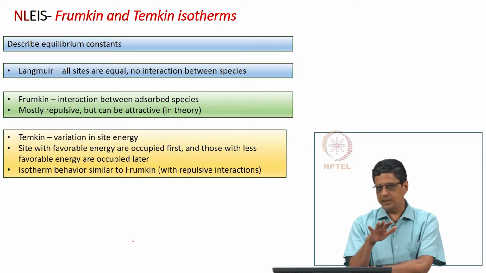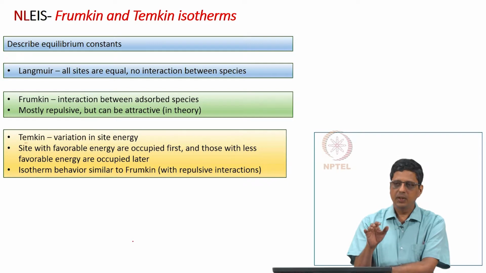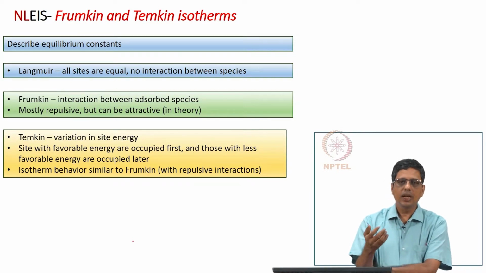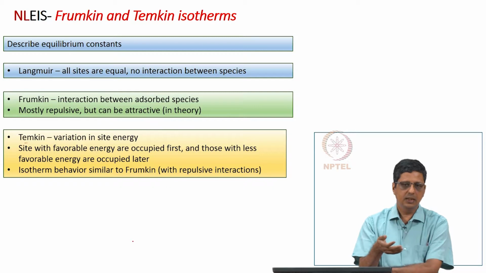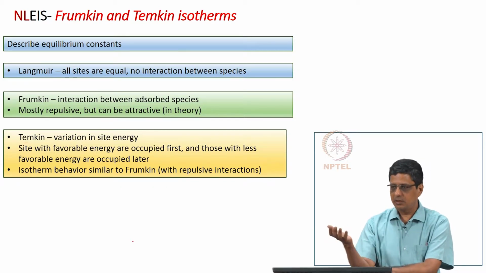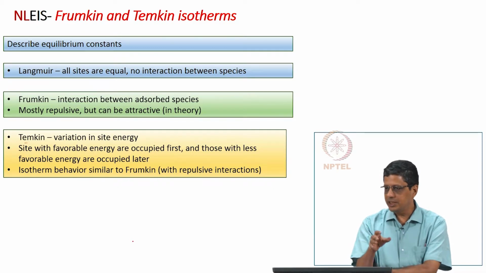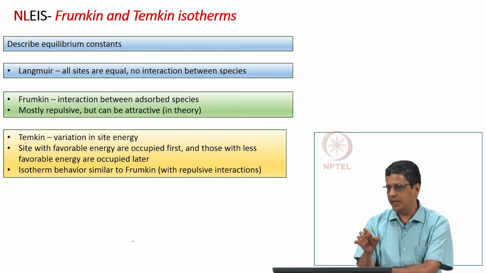In case of the Frumkin isotherm, imagine that you go to a restaurant and to a table where 2 seats are occupied. You are not likely to go to that same table and take the third or the fourth seat, right? You are likely to go to a table where nobody is seated. This is equivalent to saying that all sites in the beginning are equal, but if some sites are occupied, then there is a repulsive interaction. That is, you are not likely to go to a place which is already occupied, with a few vacant seats right next to that.